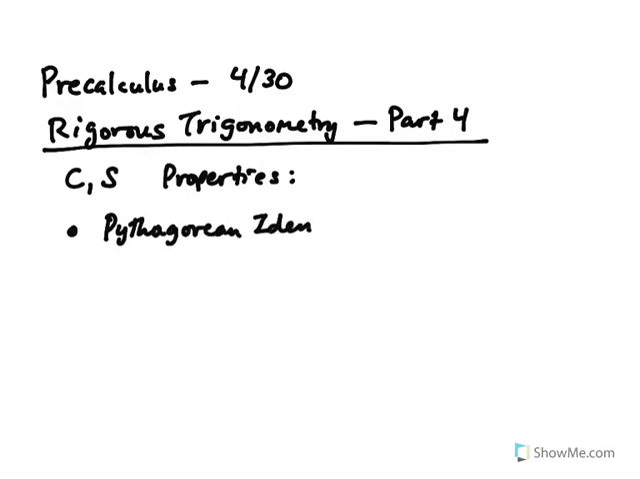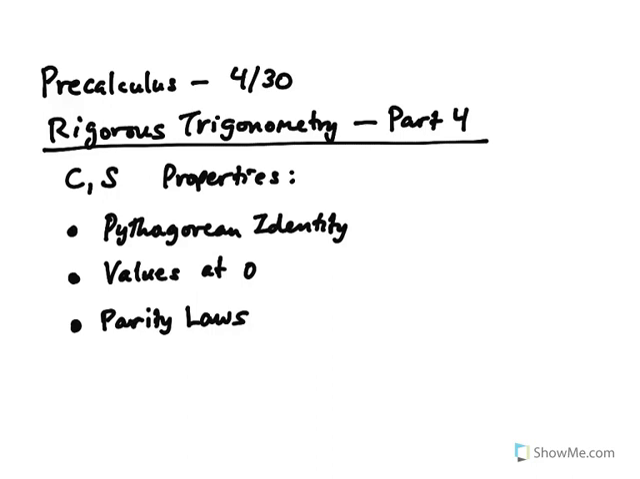First of all, there was the Pythagorean identity. Secondly, there were the values of those functions at 0. Thirdly, we had the parity laws, which basically say that capital C is an even function and capital S is an odd function. And then finally we had the addition laws,